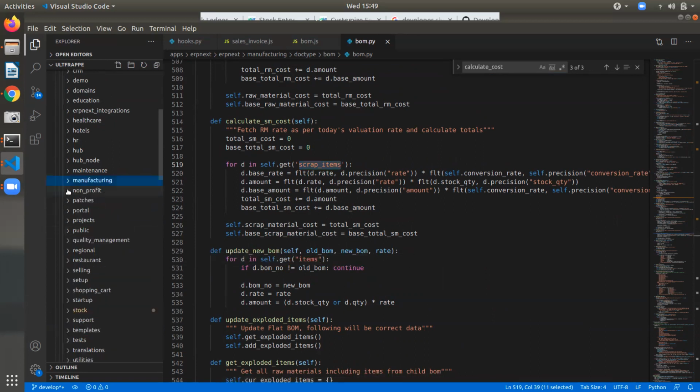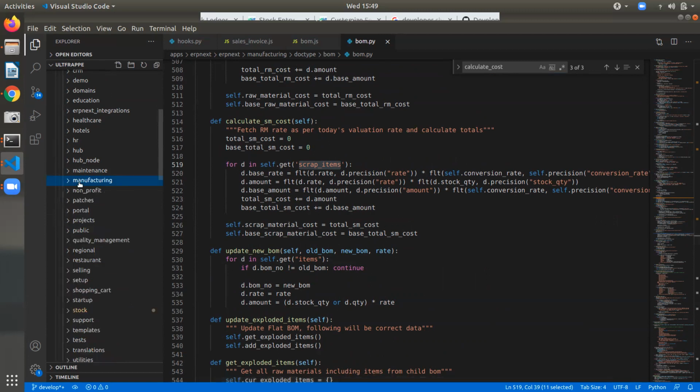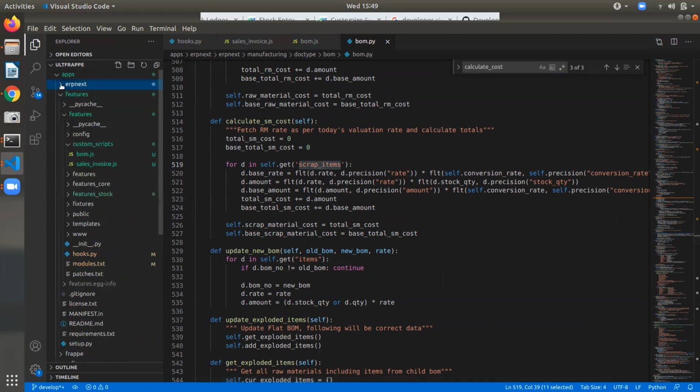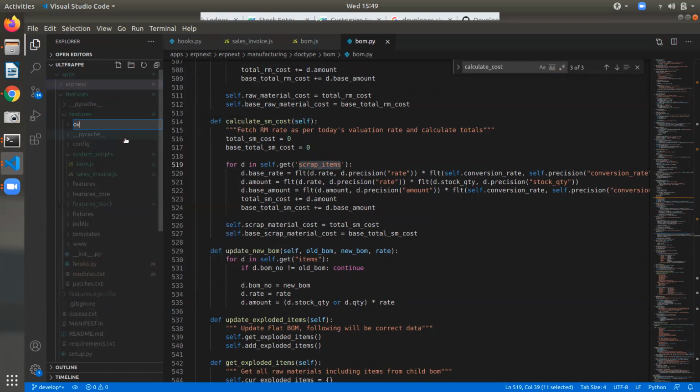Yeah, if you do the backend actually, when you update it will go. No. What we will do, we will create a backend validation in our custom app, not in the core app. We will create one overrides folder. We will create one more folder here, like overrides.